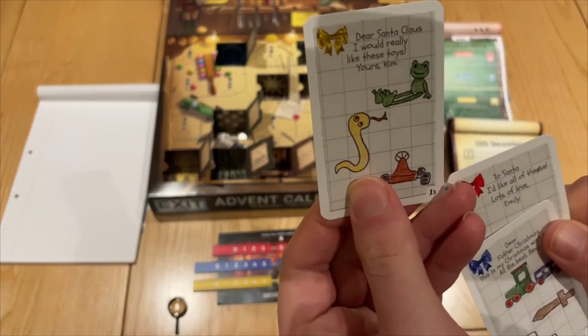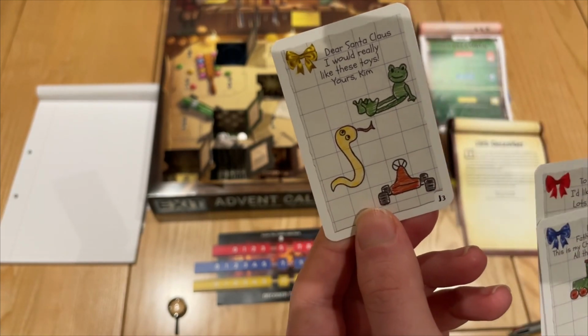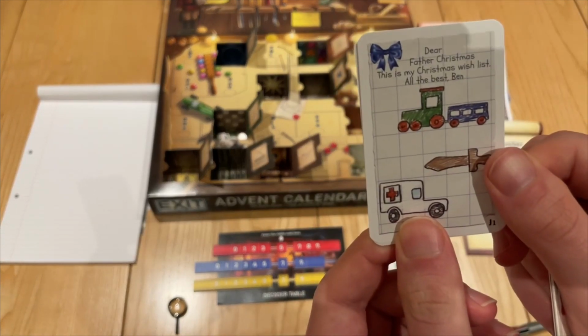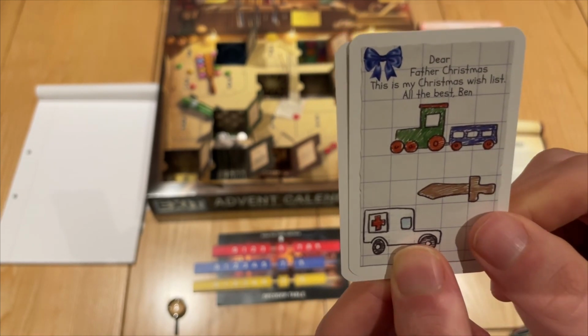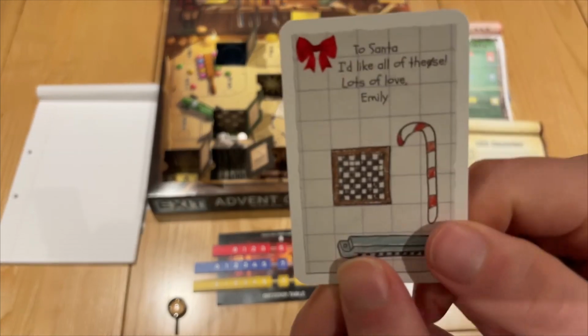So this one is "Dear Santa Claus, I would really like these toys. Yours, Kim," and they want the frog, a snake, and a go-kart. So that's going to be the last digit, which we're going to solve. Then we've got "Dear Father Christmas, this is all I want for my Christmas wish list. All the best, Ben." And he's given us a train with a sword and an ambulance, so we'll sort all that out. And then the first code is going to be...